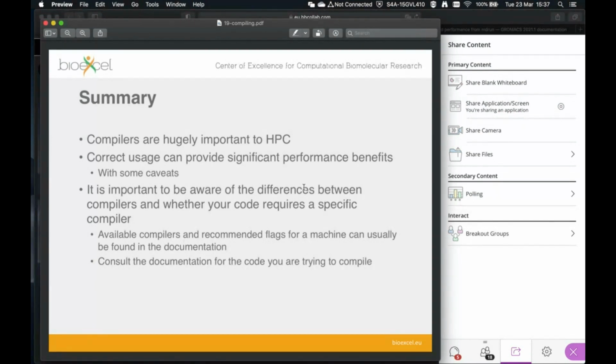So a compiler can absolutely optimize your code, and you should always use optimizations. There are some caveats to this. And it's important to be aware of the difference between different compilers and whether your code requires a specific compiler. So if you've got some code and you need to build it on a machine, you should always check